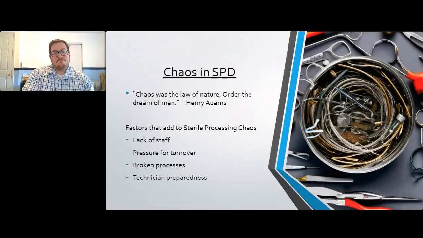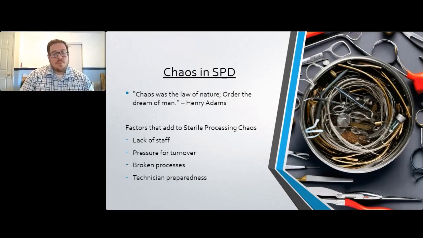All right. So we're going to start off with a quote by Henry Adams here. And he said, "Chaos was the law of nature, order the dream of man." And we see that a lot in SPD. Nature or chaos is just kind of the name of the game. Now, that's in part because we deal with a lot of contributing factors: lack of staff, pressure for turnovers, broken processes, and technician preparedness. We also deal with a lot of things that we can't see, things going below the